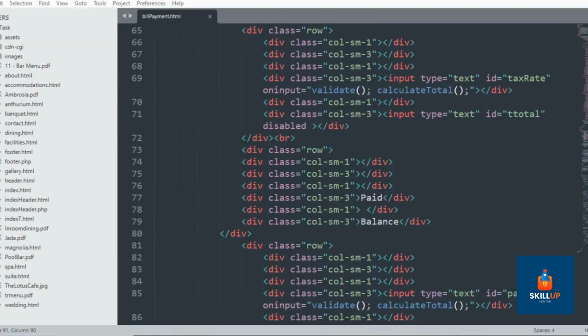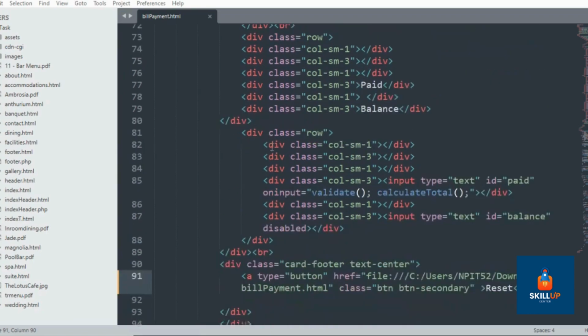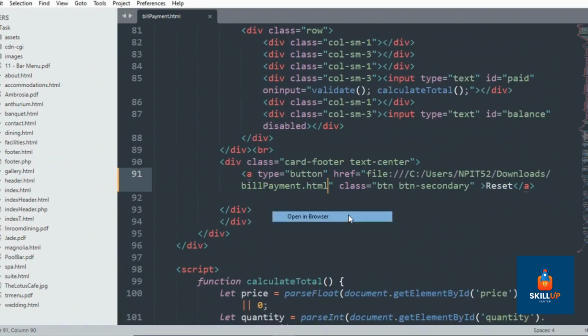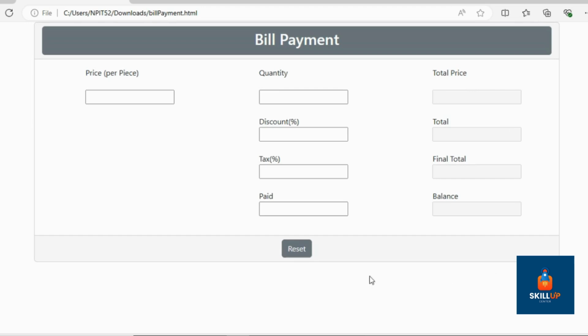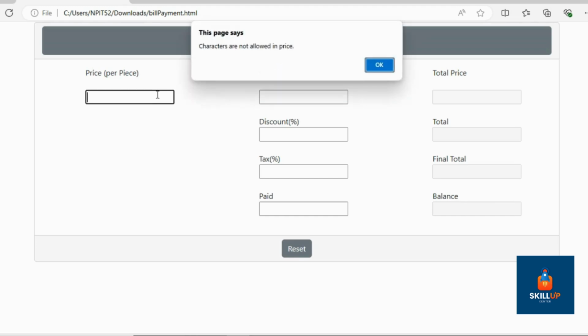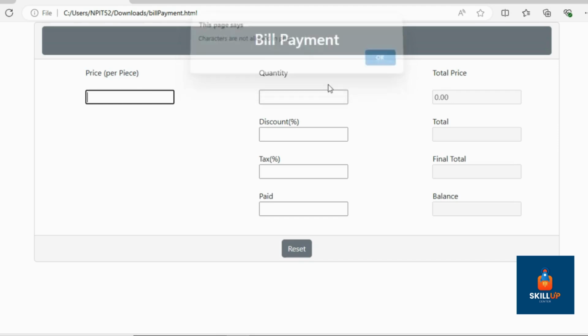Create a bill payment receipt. In this output payment receipt, price: characters are not allowed in price. Okay,